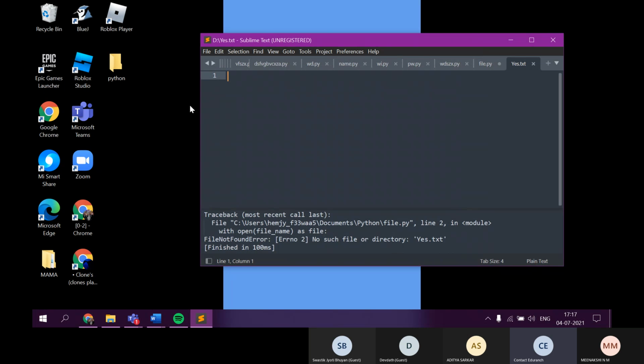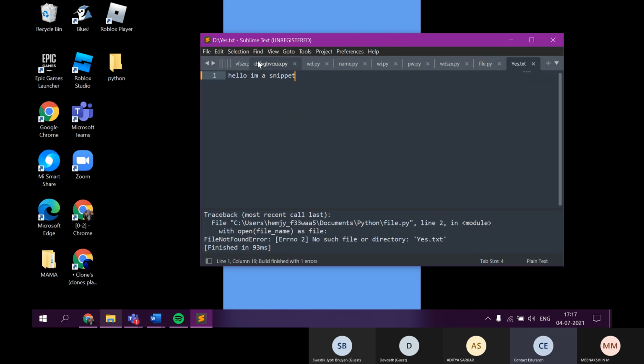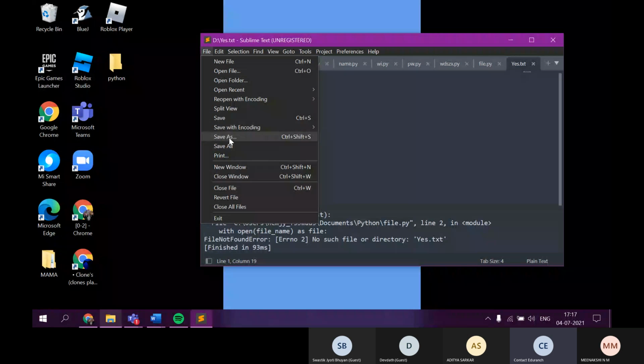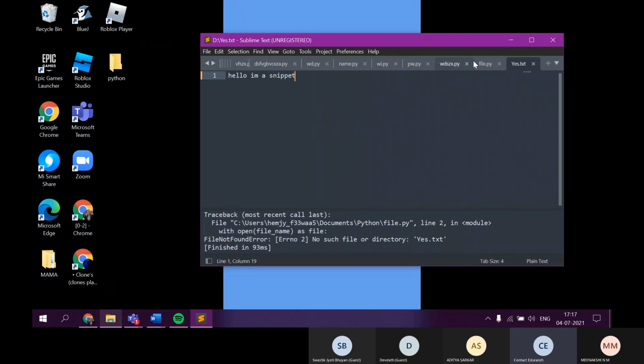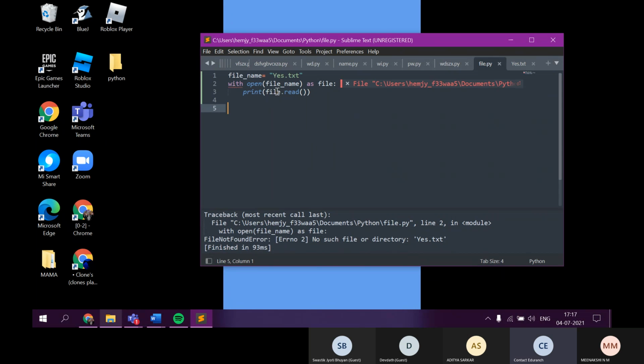Save. Yeah. Now write something here, whatever you want to write. Good. Now go back. Have you saved? Now save the file name. No, hold on. Go to file.py. You have given small s. Hold on, slow. Small s or capital S.